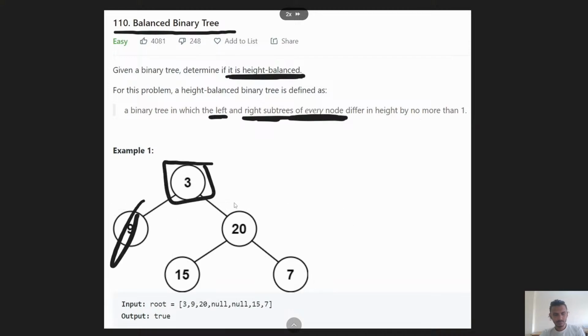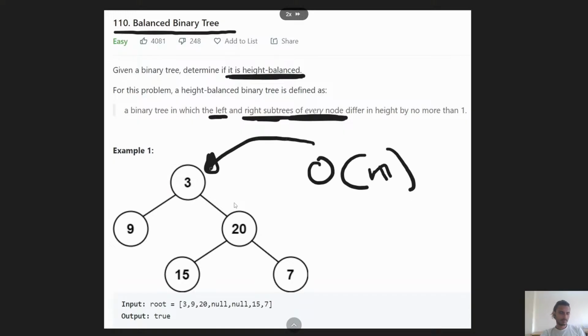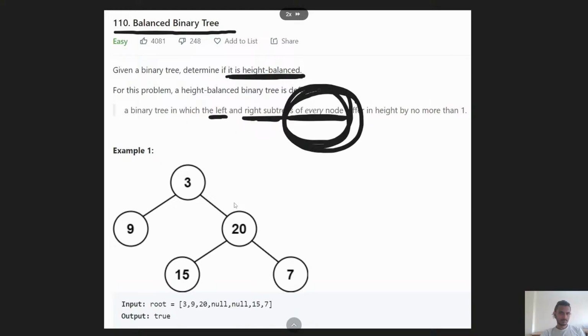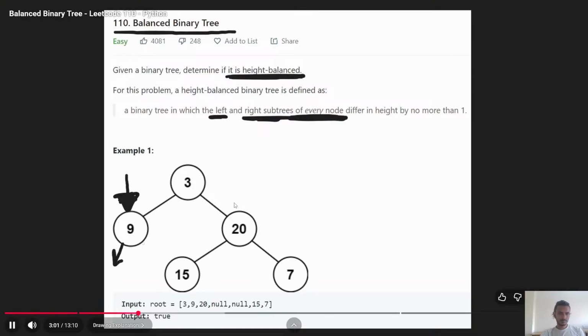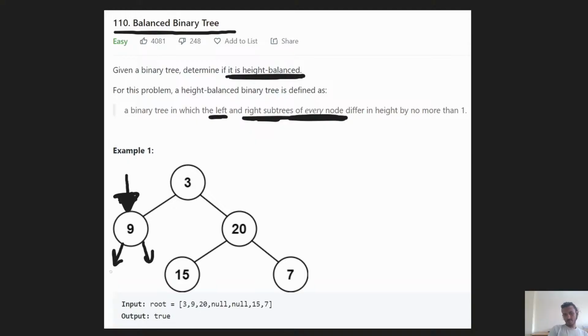We start from the root, we run a DFS on the left and on the right. That means we go through every single node in the tree, so we just did an O of n operation. And we were able to determine, okay, from the root node, yes, it is balanced, but we're not done yet. Now we have to continue to ask that question for every single node. So the next question we're going to ask is, from the left subtree, are the left and right subtrees of this node also balanced? And of course, they're both 0, so we determine that they are. And then we'll have to recursively go to the right subtree. From here, we're going to ask, are the